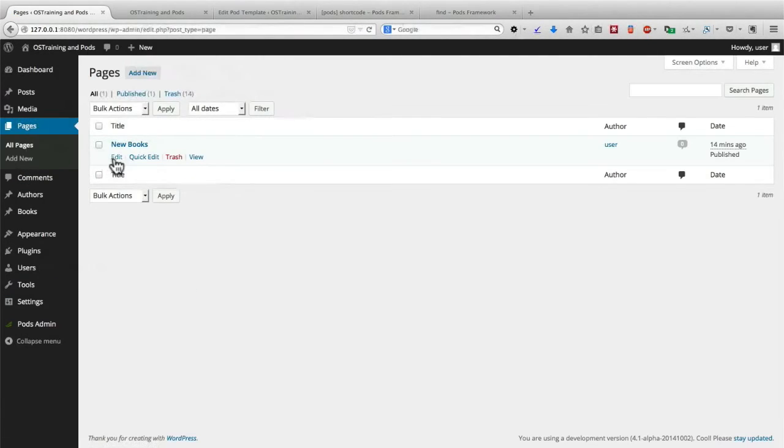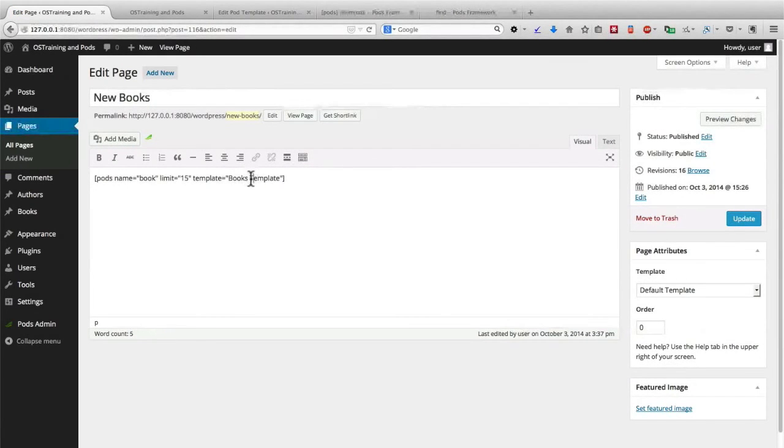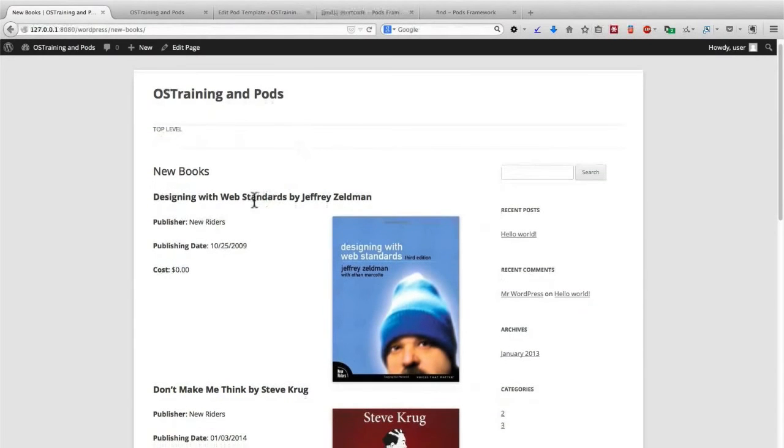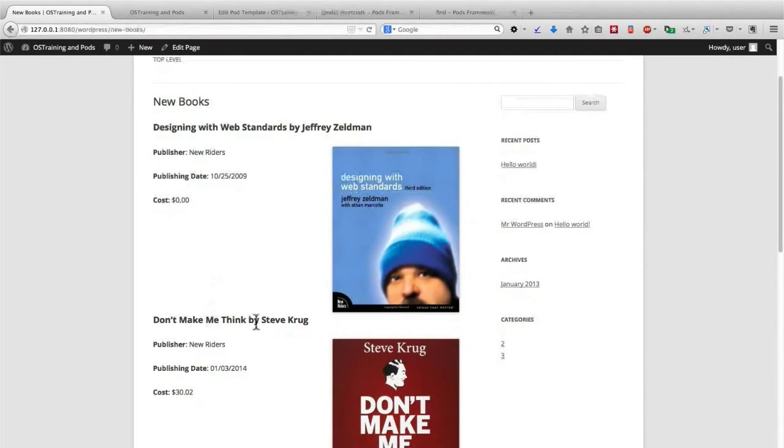I can edit new books, and I'm going to change this from Books Template to Books Blog Template. I'll click Update and click View Page. And now we have the title, we have the publisher, the publishing date, and we have the book underneath with